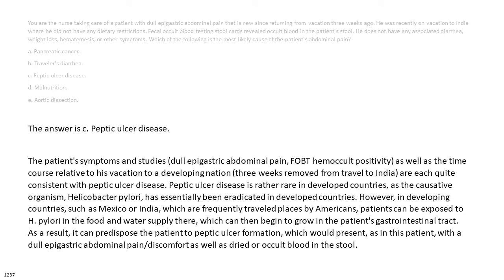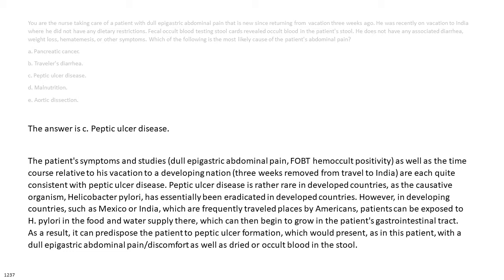The answer is C. Peptic ulcer disease. The patient's symptoms and studies, dull epigastric abdominal pain and FOBT occult positivity, as well as the time course relative to his vacation to a developing nation, 3 weeks removed from travel to India, are each quite consistent with peptic ulcer disease. Peptic ulcer disease is rather rare in developed countries, as the causative organism, Helicobacter pylori, has essentially been eradicated in developed countries. However, in developing countries, such as Mexico or India, which are frequently traveled places by Americans, patients